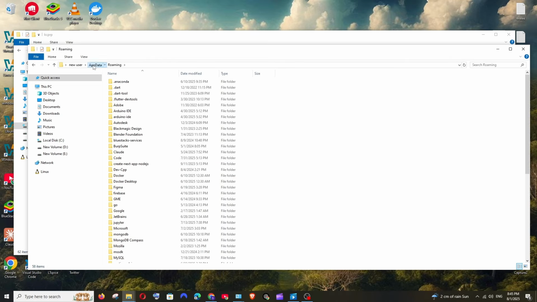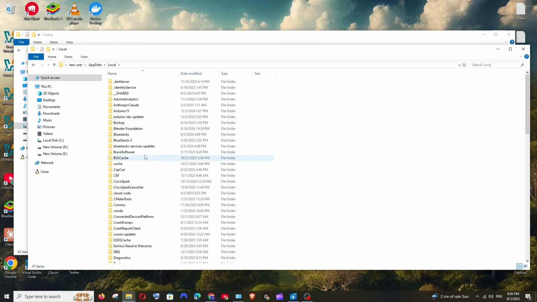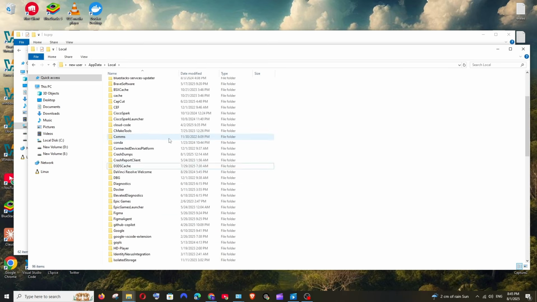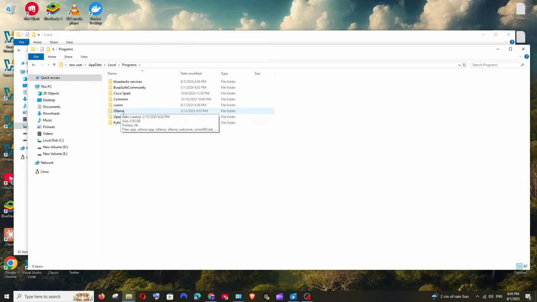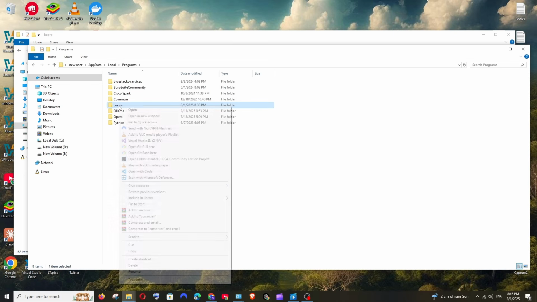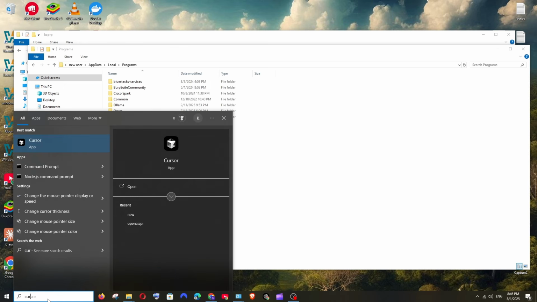Just go back to AppData, and here we are having Local. Open it, and here we are having cursor-updater. Click and delete this, and next if you scroll down we'll be having Programs, and inside Programs we are having a folder named Cursor. Delete this also,